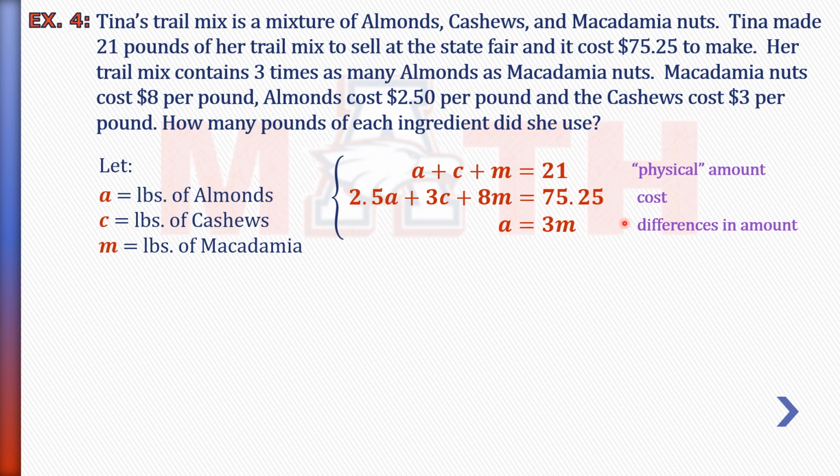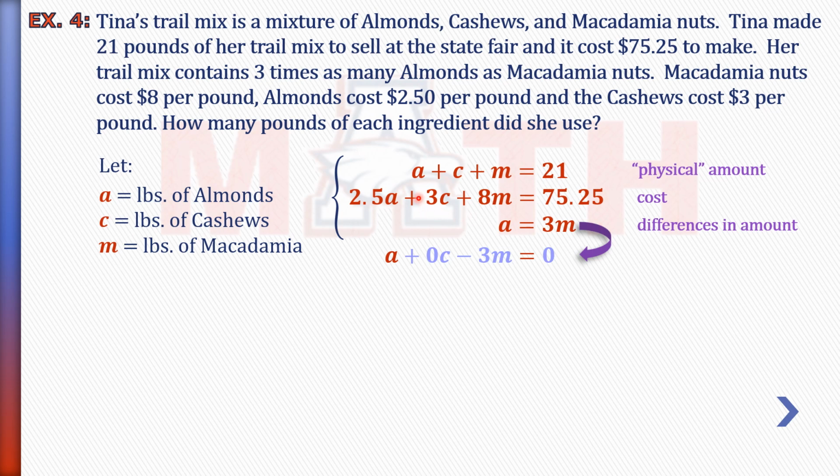Now, to use a matrix, I have to have all of my variables lined up and in the same order. So that means this last equation here is not ready to go. What I'm going to have to do is rearrange them. So I'm just subtracting the 3m to the other side. Now again, they have to be